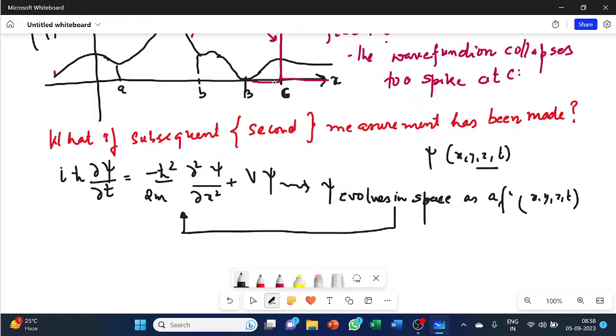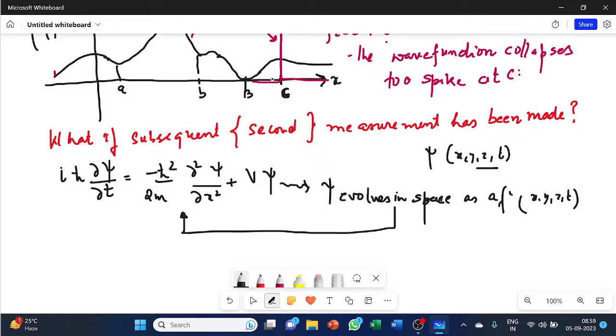So at the very first place, you should understand, I've already talked that prior to measurement, you don't know the fate of the system. You don't know the fate of the system prior to the measurement. But let's say that I have already made a measurement and I've really found that it is at C. Let's say first measurement I made, and the wave function collapsed to C.